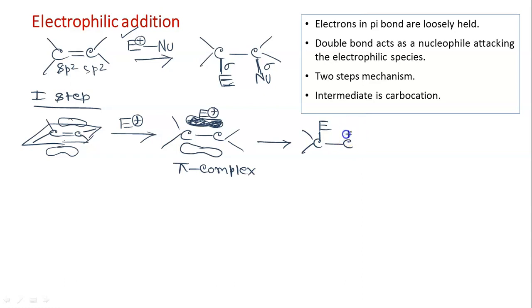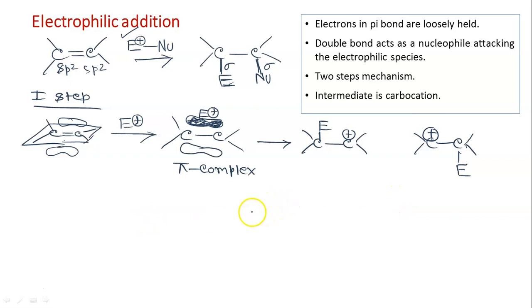So there will be positive charge over the other carbon. This is one possibility, and another possibility is, though here we do not know what type of groups are attached to these two carbons, but depending on the groups, either of these carbocations may be stable. So in the first case, I have drawn the carbocation on the right hand side. Now I will draw it on the left hand side. So these are the possibilities.